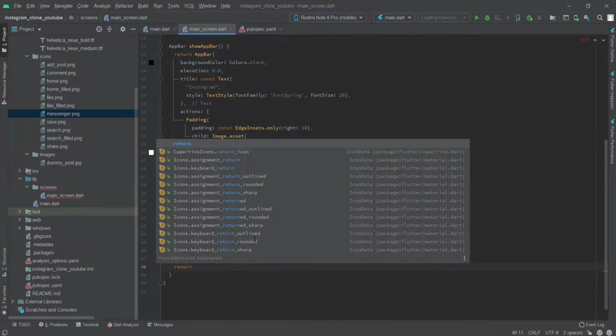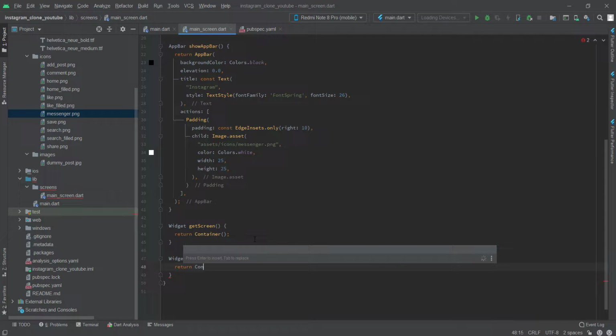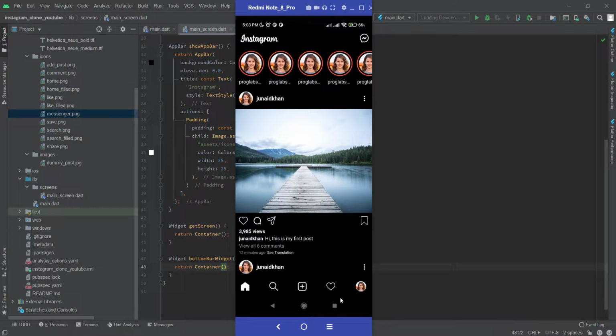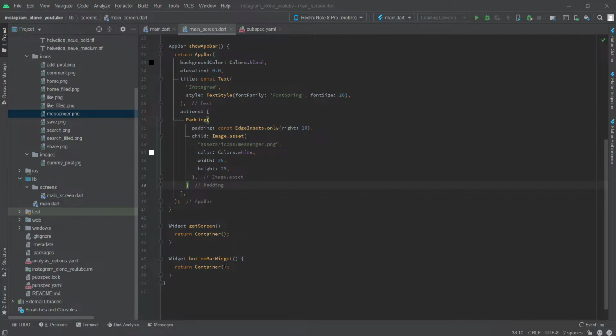Return Container like this, and in the container, as you can see, we can just use the container, define the width, and we can use the Row, and in the Row we can define our children and set the main axis alignment to space between, so it will just equally put the spaces between all of the widgets. Okay, so let's put it here, children,